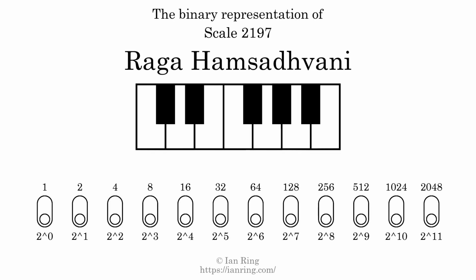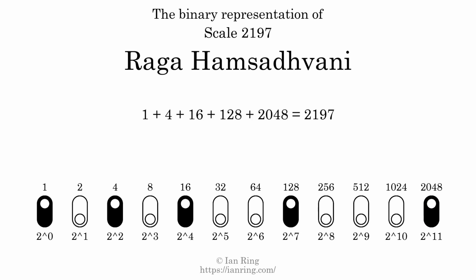The binary representation of this scale is determined by mapping tones of the scale to binary digits. Each binary digit represents a power of 2. To get the scale number, we add the powers of 2 together. The powers of 2 that are present in the scale, all added together, equals 2197. That is why the scale number, in decimal, is